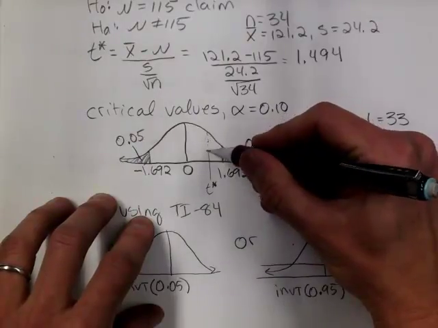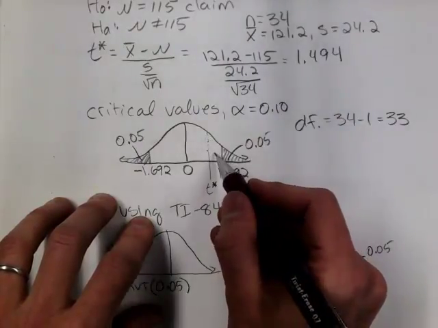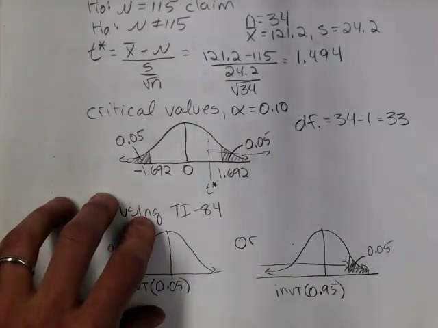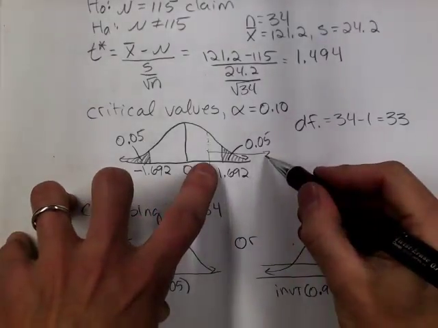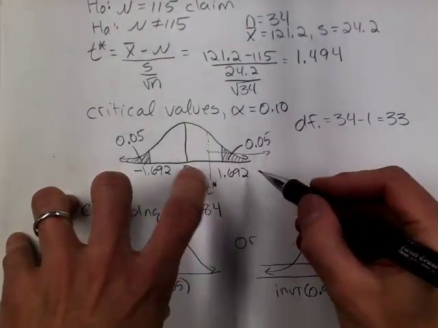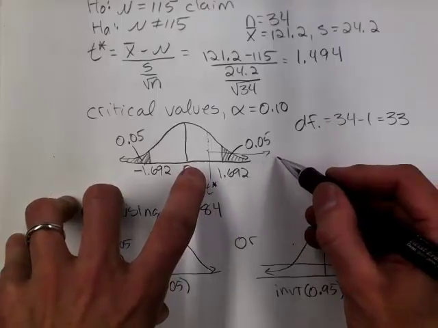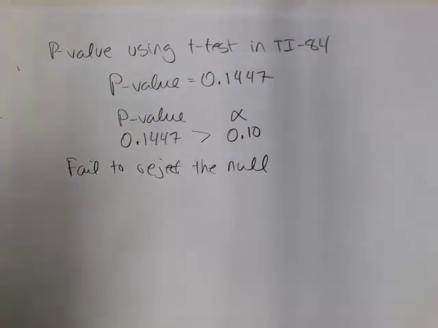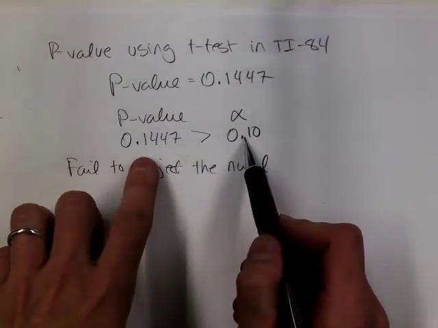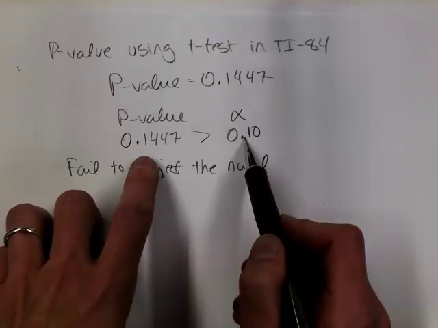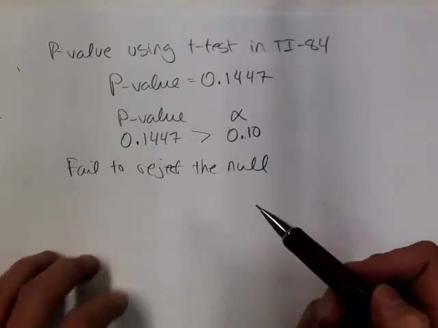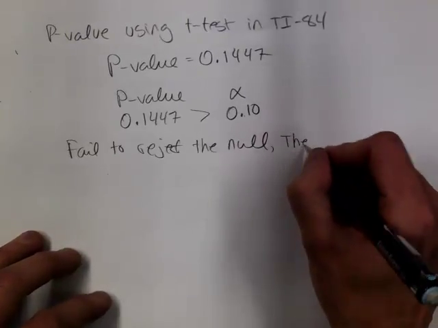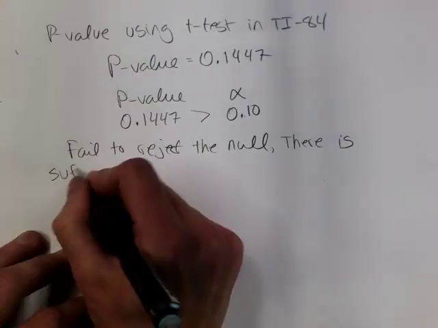The p-value corresponds to the area from your test statistic this way, and then we would double it for a two-tailed test. So clearly that area is greater than half of alpha, which would be greater than double alpha. We saw that we would fail to reject here. When we compare the p-value to our level of significance, we know that we're going to fail to reject the null. So we would say there is sufficient evidence